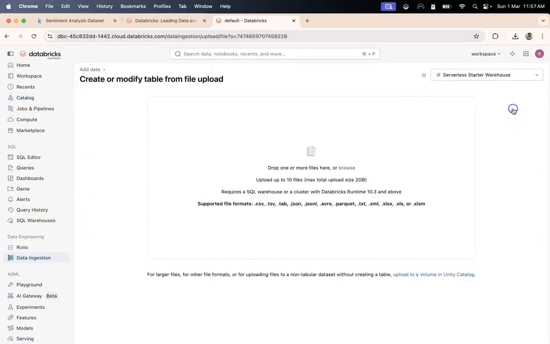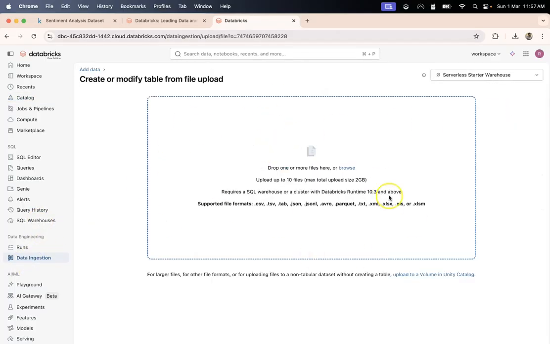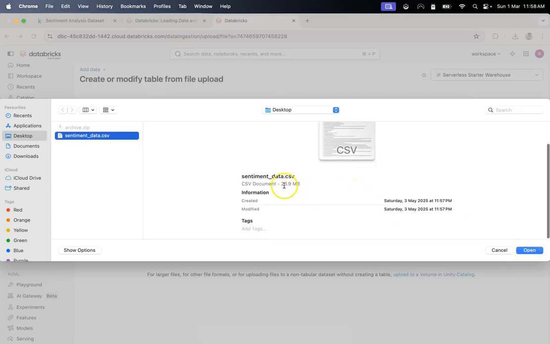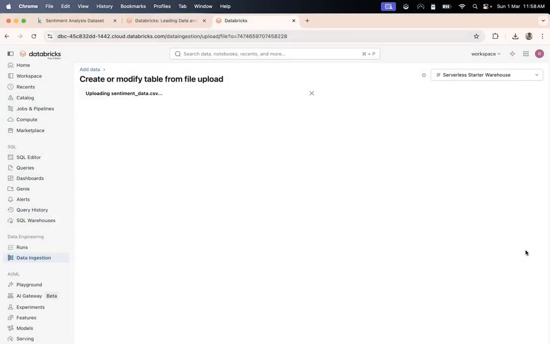So if I click on this table, now I am under the data ingestion tab. Now from here, what I can do is I can just browse, and then I can upload this sentiment data.csv that we just downloaded and extracted, which is about 24 megabyte file. So I'll open it. Now first it will upload it, and then it will infer the columns, and it will